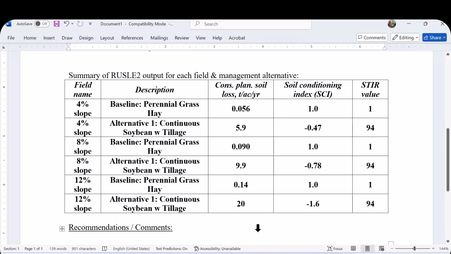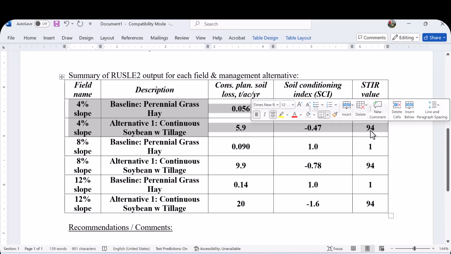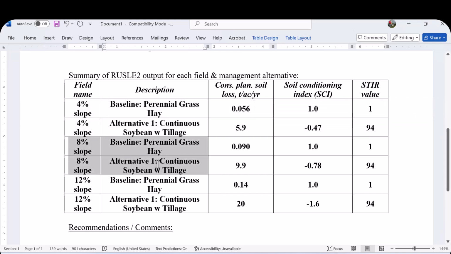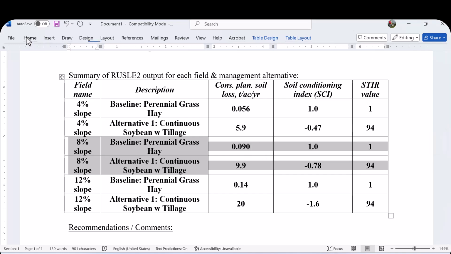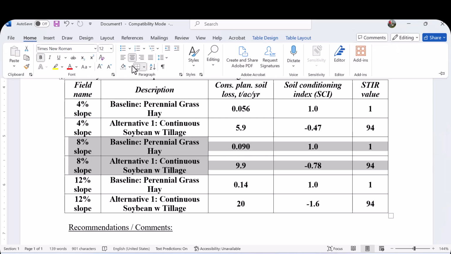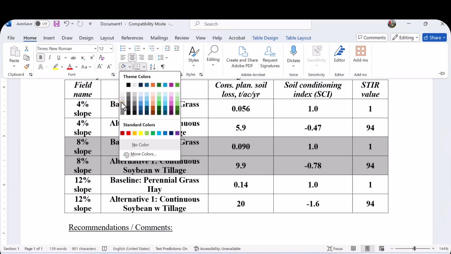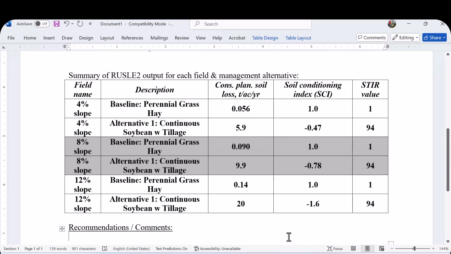There's no information in this printout about inputs. And you can see here the 4% slope. We have the 2 alternatives and the key results shown. Sometimes to enhance legibility, you may want to do some customizing. For example, I'll just change the background so that we can visually separate the 4% slope alternatives from the 8% and the